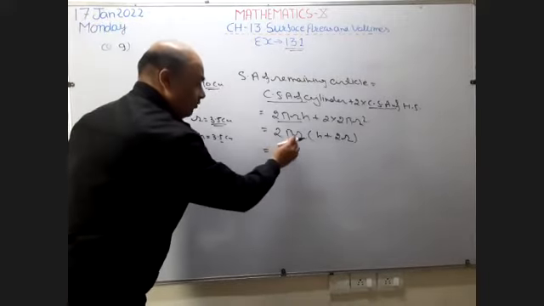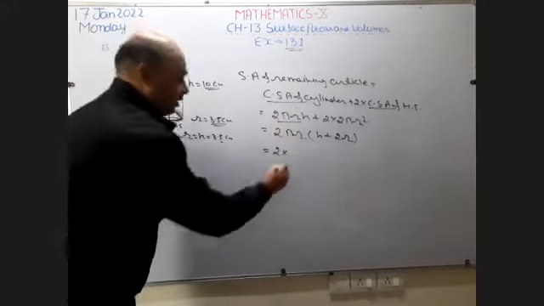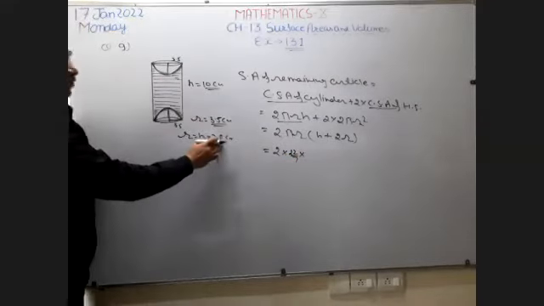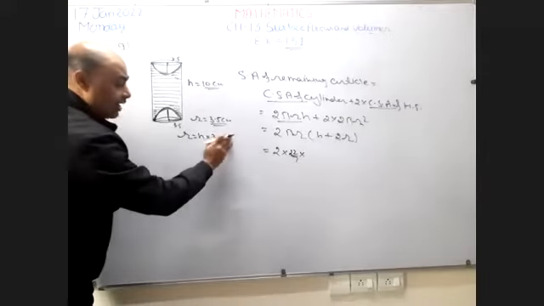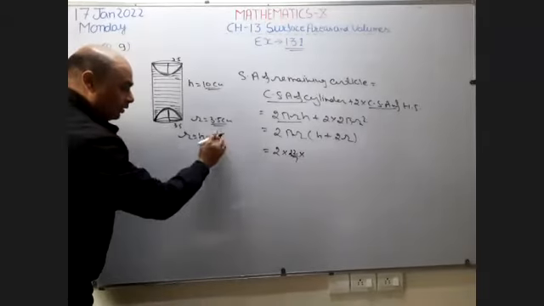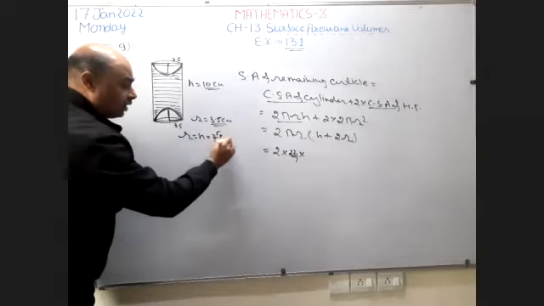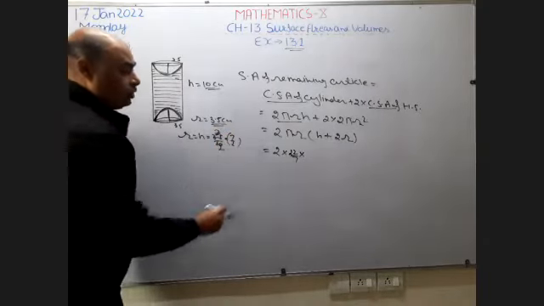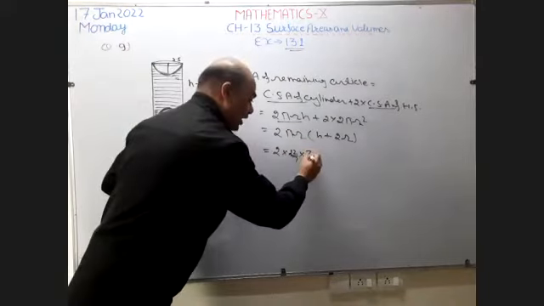2 is going to remain the same. Value of pi is not given in this question. It means we're going to use 22 by 7. Radius is given 3.5. Instead of 3.5, can I write 5 2 is 10, 5 5 is 30, 5 7 is 35. So 7 by 2 can I write? So instead of 3.5, I can write 7/2.